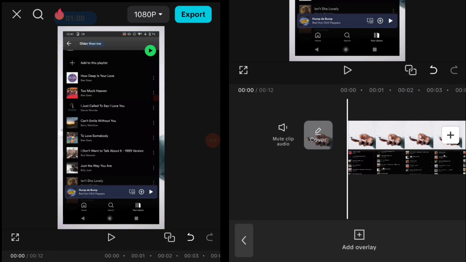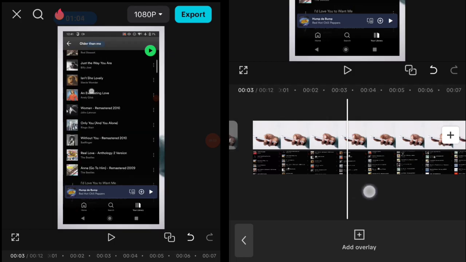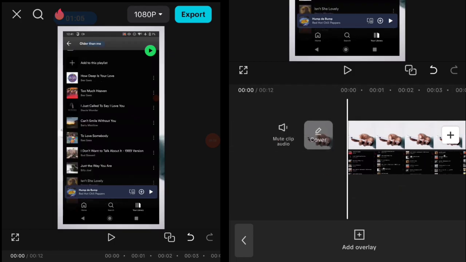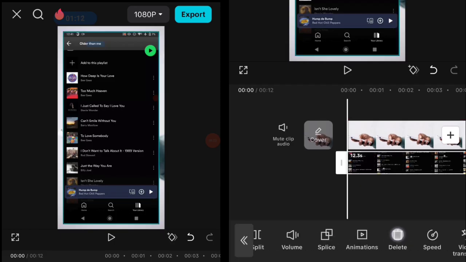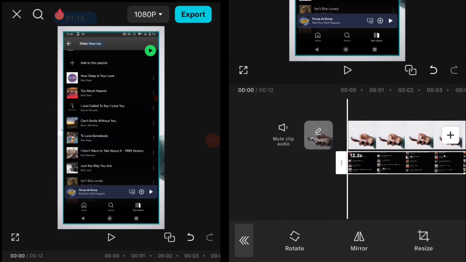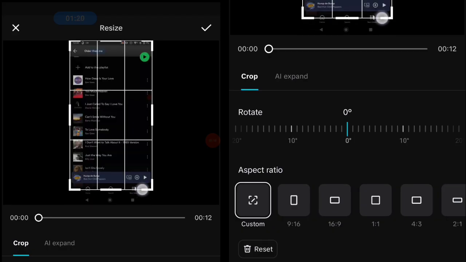And then the next part, you just need to position it in the exact position and exact duration that you want, kind of like this. And then the next step, click the overlay video, this one. Then swipe left the toolbar until you find this transform. Then click it and click this resize to cut the excess from this